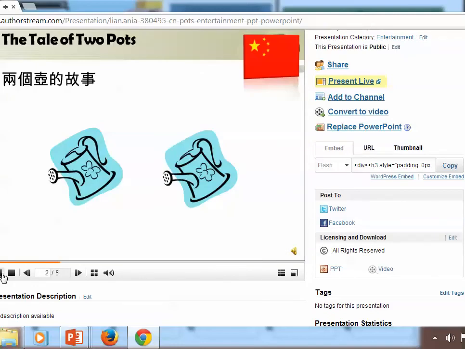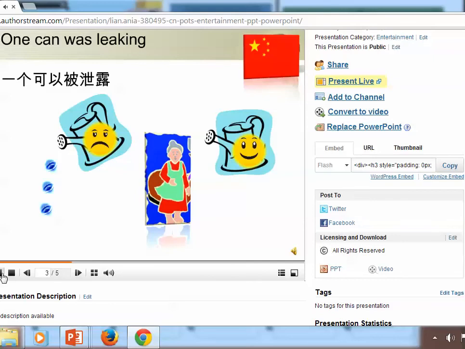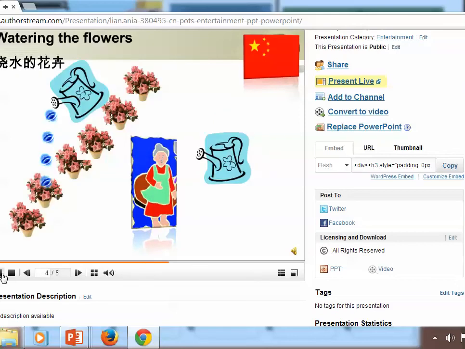The Tale of Two Pots. A Chinese story, right? Once upon a time, an older Chinese woman had two cans. One happy one and one unhappy one. The unhappy can, dripping water, complained that it was leaking. The unhappy can is leaking. But the older woman